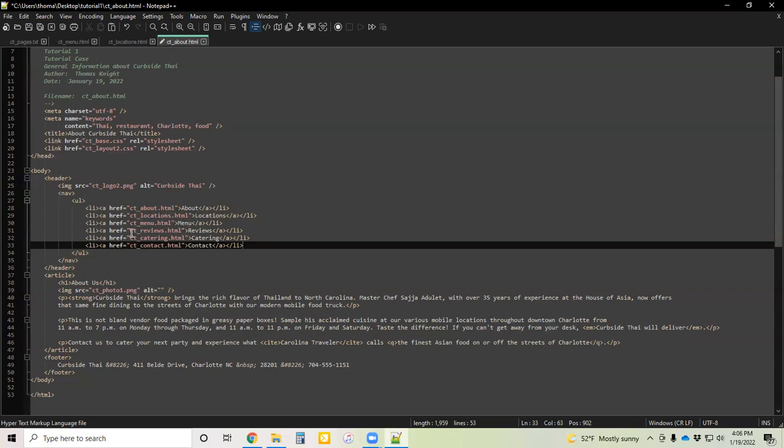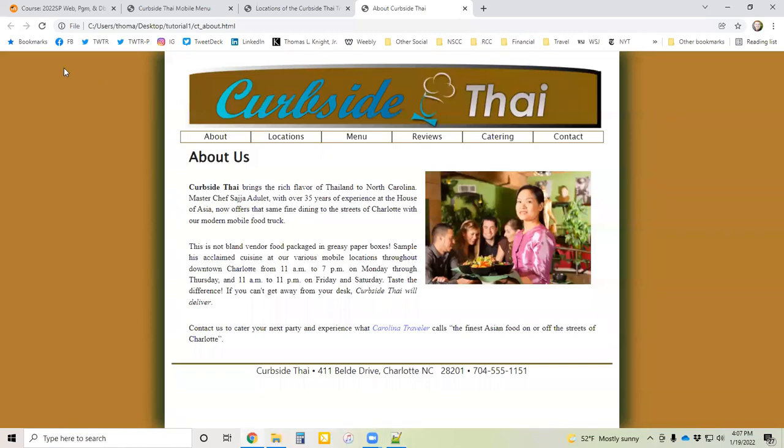So anytime you're trying to code a link, say for the reviews page, you don't have to remember some kind of long link. You just remember, oh, it's CT underscore reviews. So you're using the same naming convention for each of those pages. That will be helpful for you. It would also be helpful if you were doing it for a business, for a customer as well, if they're trying to find a link. All right, so go ahead and save your work,